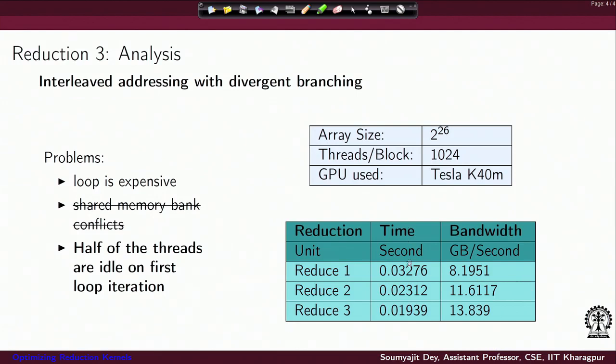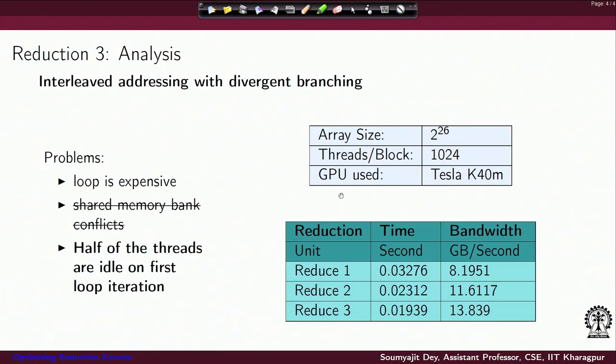As we can see, there is a gradual reduction in execution time. Here we have some statistics considering an array size of 2 to the power 26 and thread blocks of size 1024, which means I am calling the kernel multiple times and doing the reduction, using reduction kernel 1, 2 or 3. In each iteration it reduces the set of blocks, and with recursive calls of the kernel I finally get to one value.